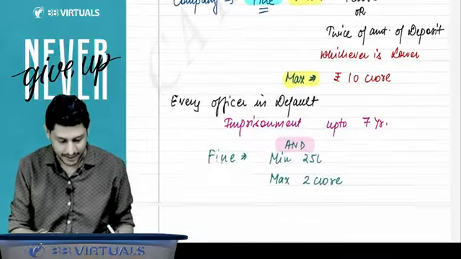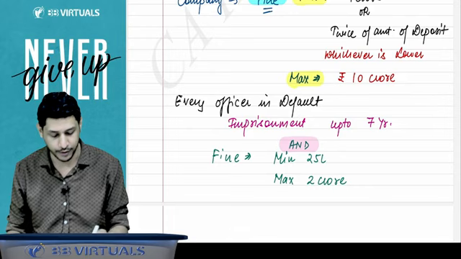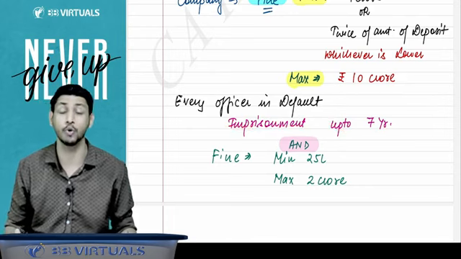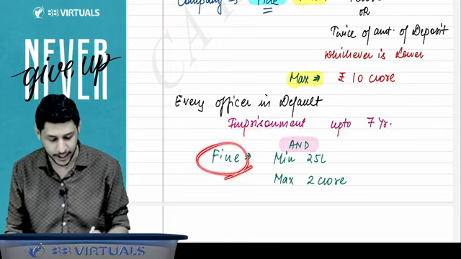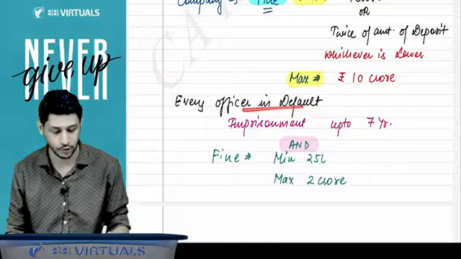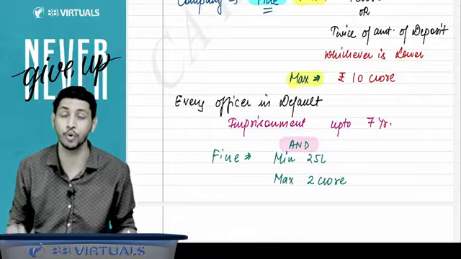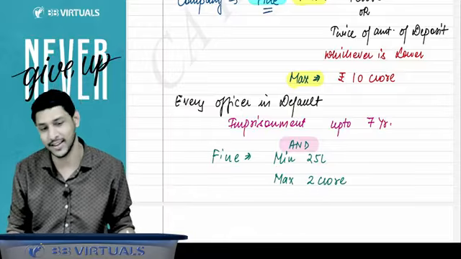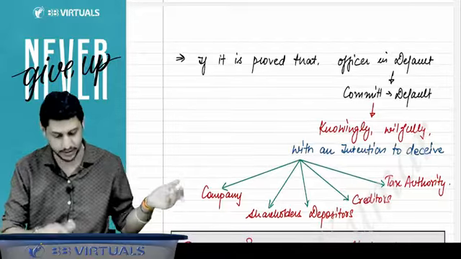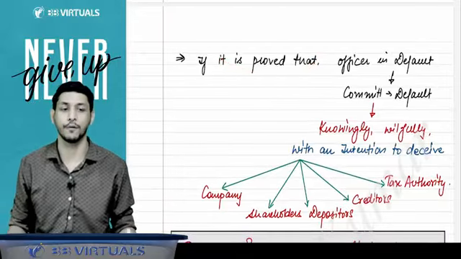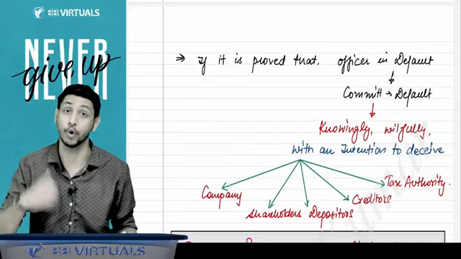It will be rupees 10 crore, and every officer in default will be punishable with imprisonment up to 7 years. Fine will also be applicable on that officer in default. Fine minimum 25 lakh and maximum 2 crore rupees. Right, sir. Now we will discuss that if it is proved that the officer in default has committed the default knowingly,